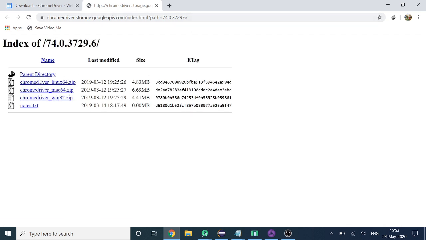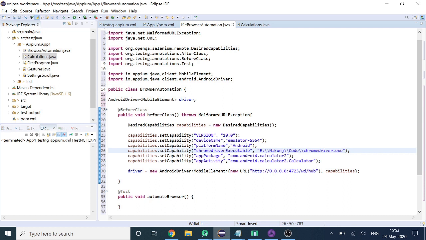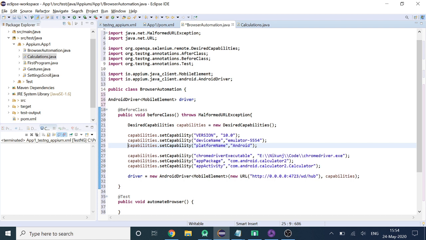Based on your OS, download the driver and extract it on your local system. And then give the path of that chromedriver.exe over here. Since we are automating the browser, we'll add one more capability. That is browser name.